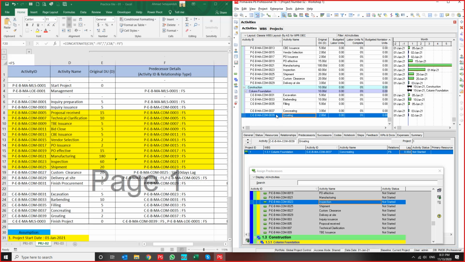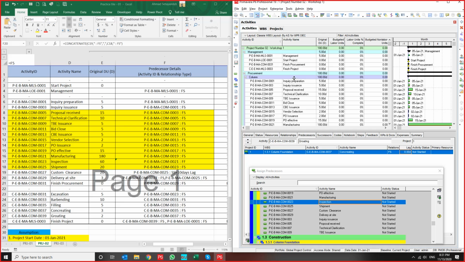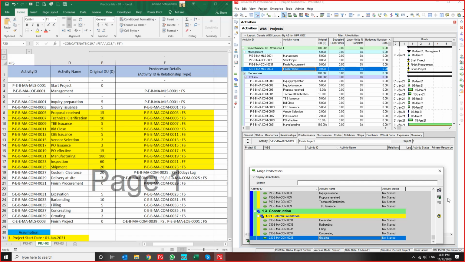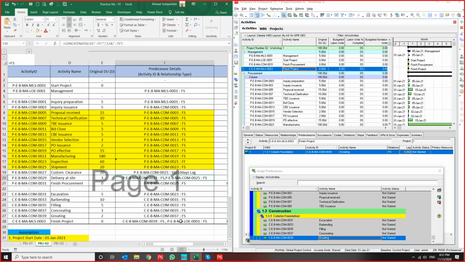This is my finish project, and my finish project is linked to my grouting. So I find it. Also my finish project is linked to this activity. I use